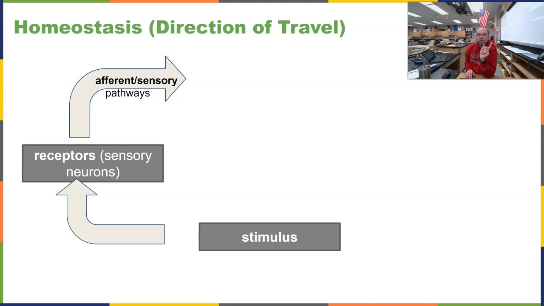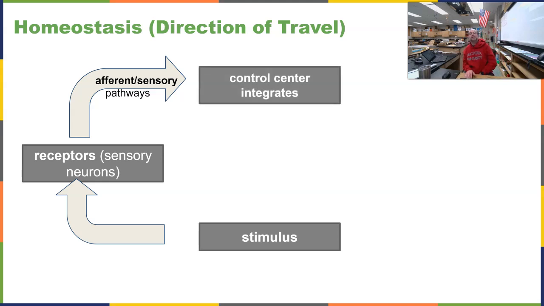Okay. Once the information has traveled through those afferent sensory pathways from your peripheral nerves into your spinal nerves, up your spinal cord to your brain, if the brain is the control center, which, as I say, it's 99% of the time it is, the brain then integrates the information, all this information coming in all at once. Brain decides its course of action and is then going to send impulses down efferent motor pathways away